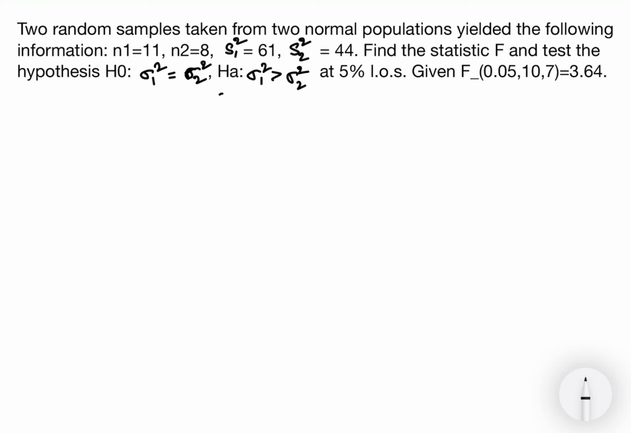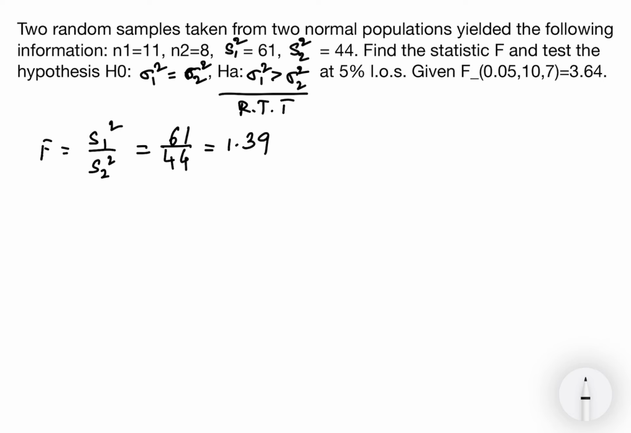So based on the alternate hypothesis, we can say that it is a right-tailed test. So we need to calculate the statistic F, which is given as S1 square over S2 square. Substituting the values, 61 over 44 gives us 1.39. So we are going to compare this statistic